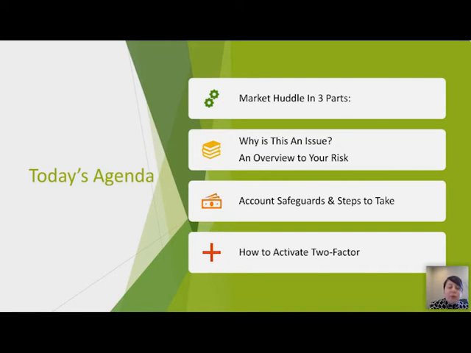If you're not familiar with two-factor, it's one of the first and foremost security settings being brought forward by our social media accounts and other digital and mobile devices to help make sure that you are who you are, and that anyone coming in on your account is using a device that is recognized. So that's what we're going to cover for today.